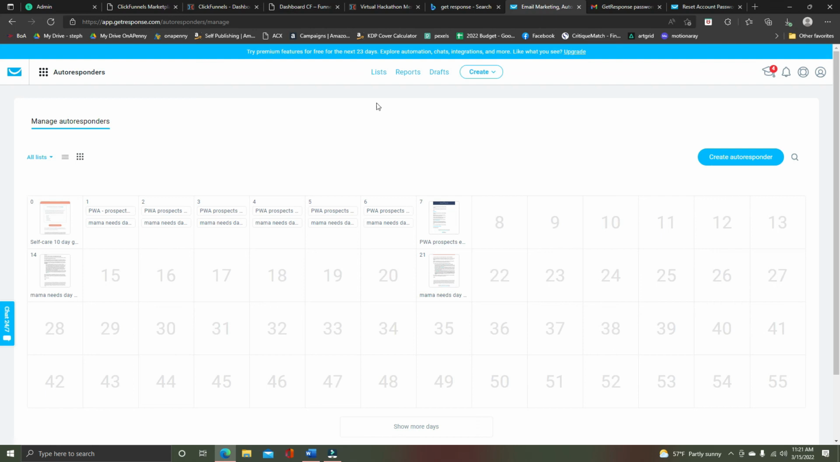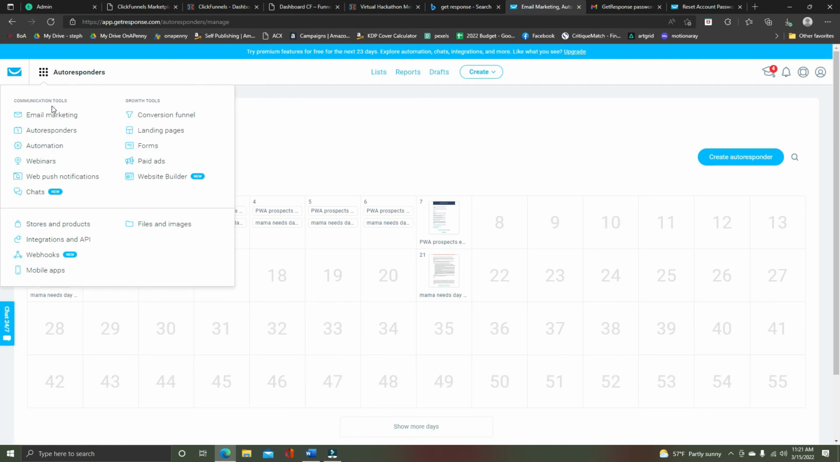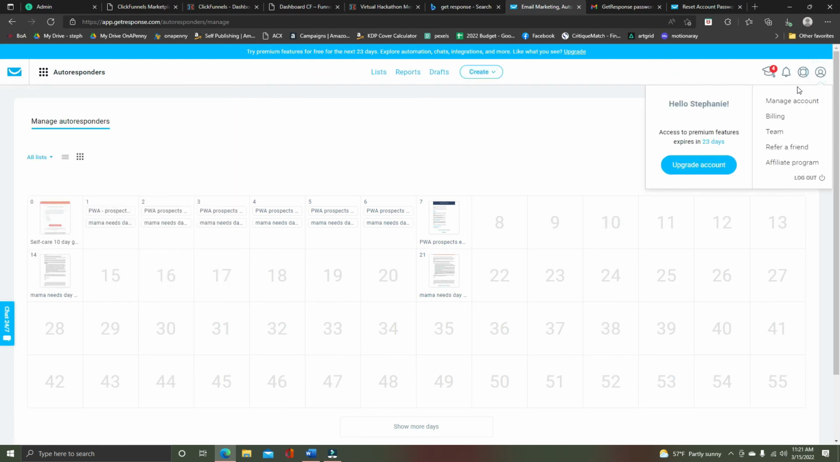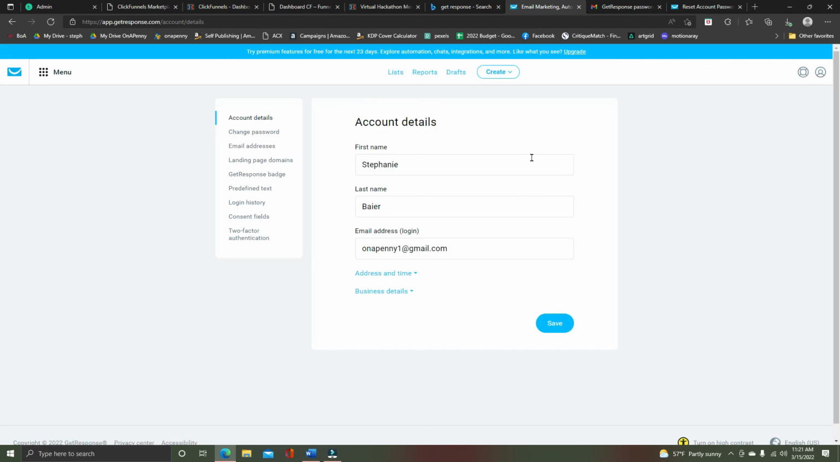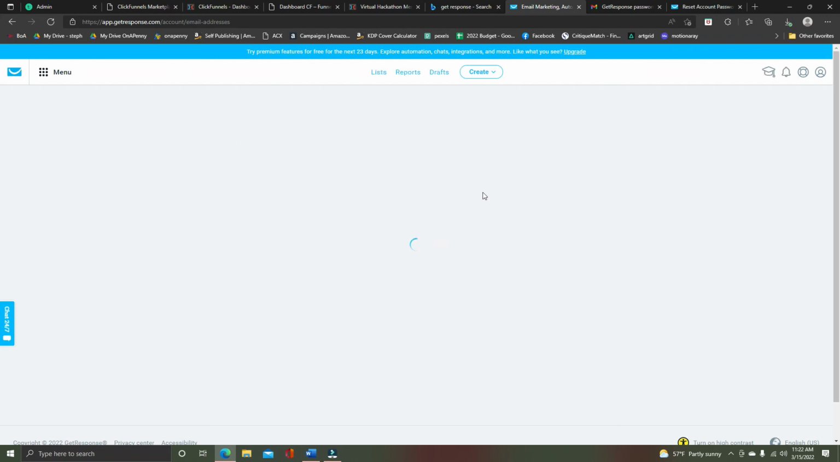So that's how GetResponse works. There are a few other things to be aware of, like how to set up the account in the first place. So let me come over to my account, and here is where you can edit your account details. Okay, this is my personal business email address. It's not actually my address, but if you go to email addresses